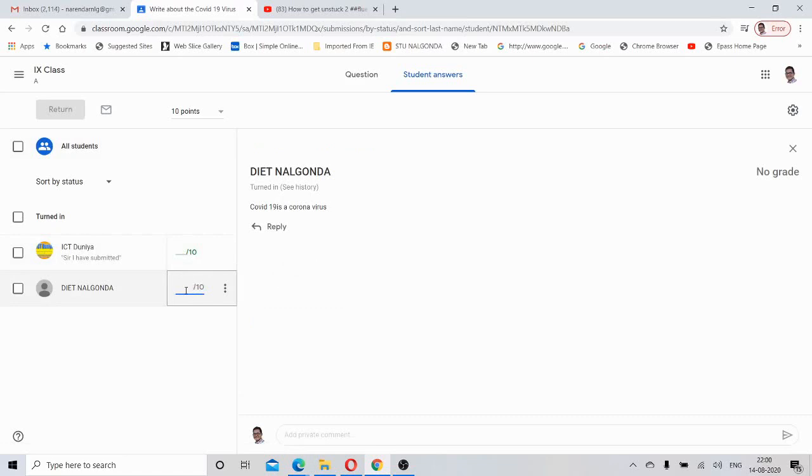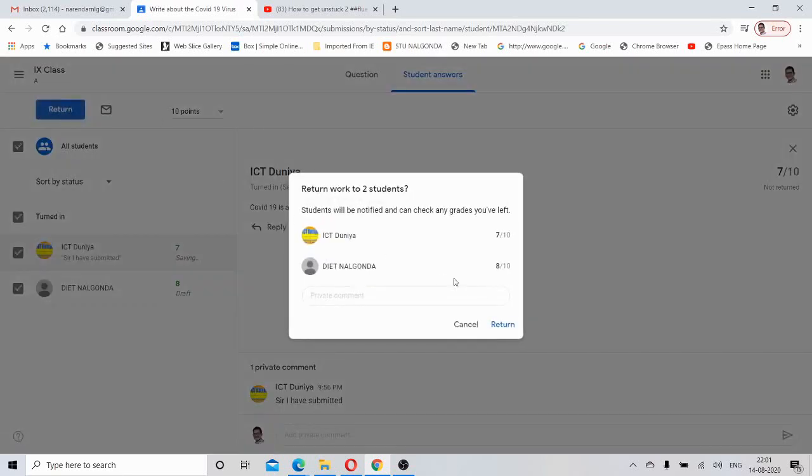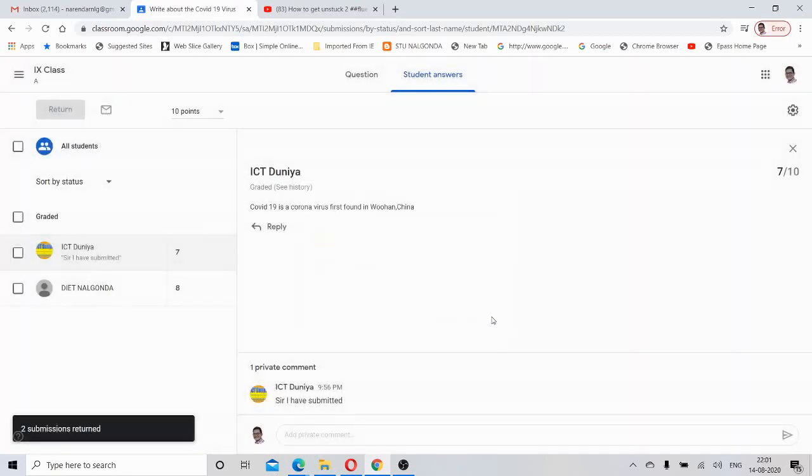So already I want to give 8 marks for this person, and I want to give 7 marks for this person, and finally click return button. If you click on return button, the corrected forms, the grade will be returned to the students.